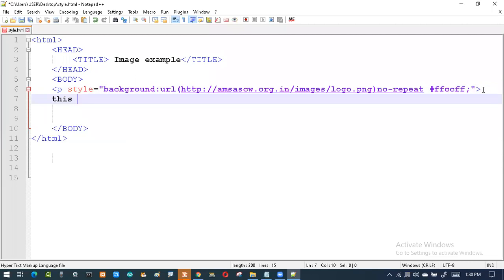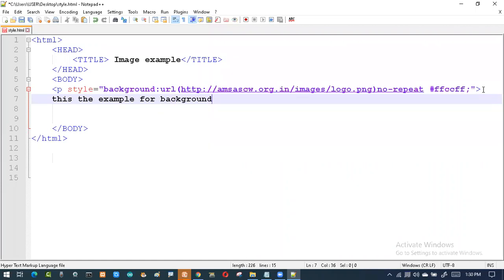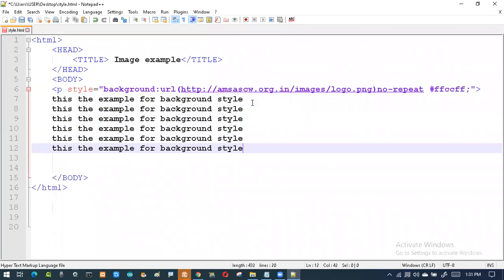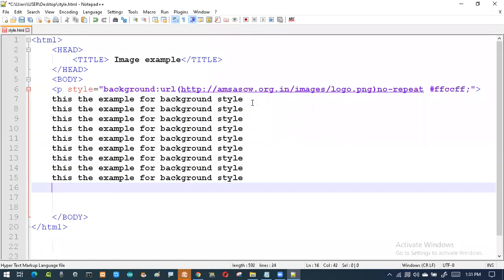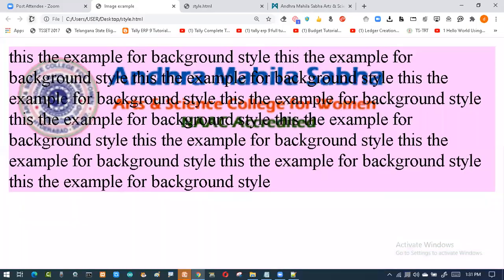This is the example for background style. So if you write many lines, then only you can see the picture. So what I'll do, I'll just copy paste the same thing like this. I need a big paragraph, so I save this. Now you can see the output. Now you can see I got the paragraph color.